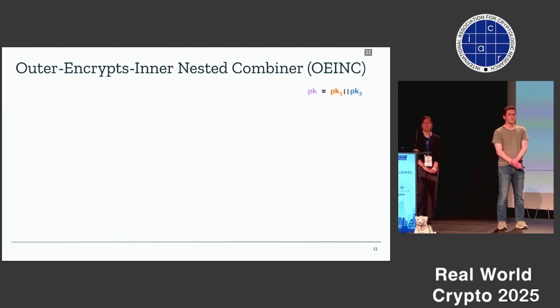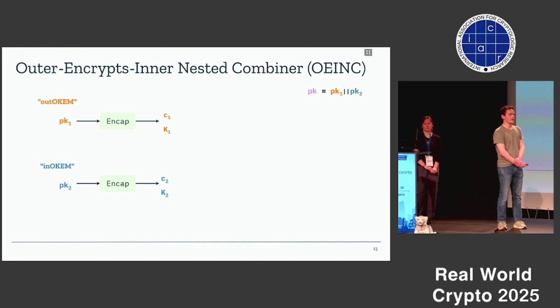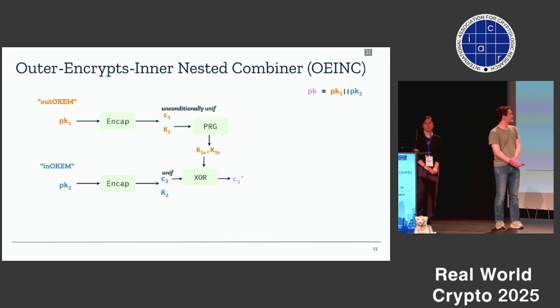We have a combiner called outer encrypts inner nested combiner, or OINC. The public keys are the concatenation of the underlying public keys as before, and the encapsulation goes similarly as before. We have something that we call an outer OChem and an inner OChem. The outer one has unconditionally uniform ciphertext, and the inner one has just some notion of uniformity. It could be computational. So what happens is you do these encapsulations in parallel as before, and then you encrypt